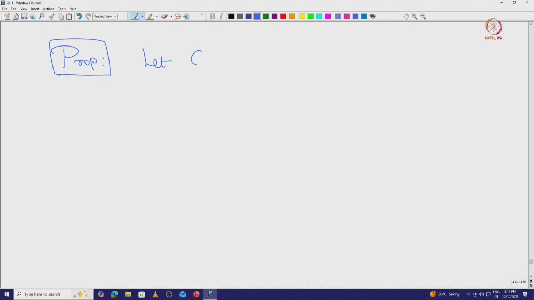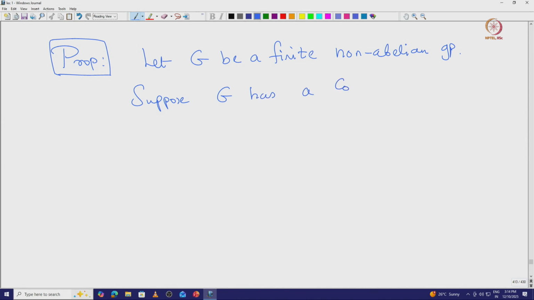The proposition asserts that whenever you take a finite non-abelian group G, and suppose G has a conjugacy class C which is different from the identity such that the cardinality of C is a prime power p to the t, for some t greater than or equal to 0,